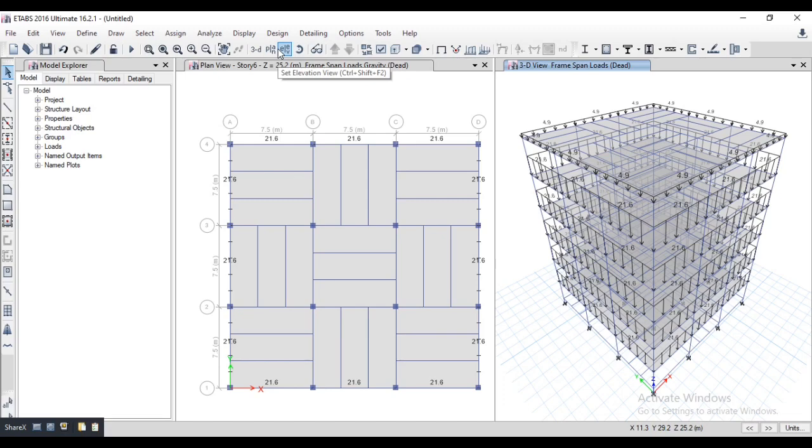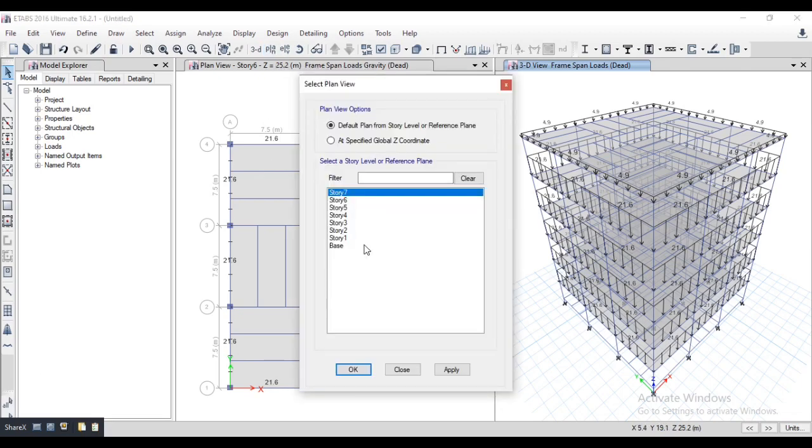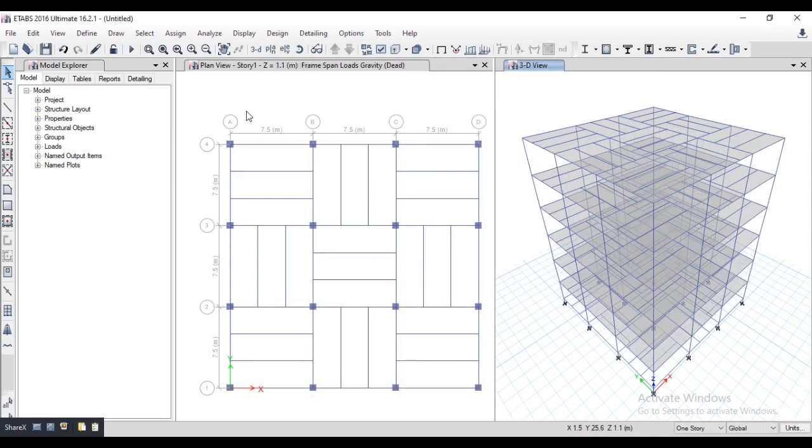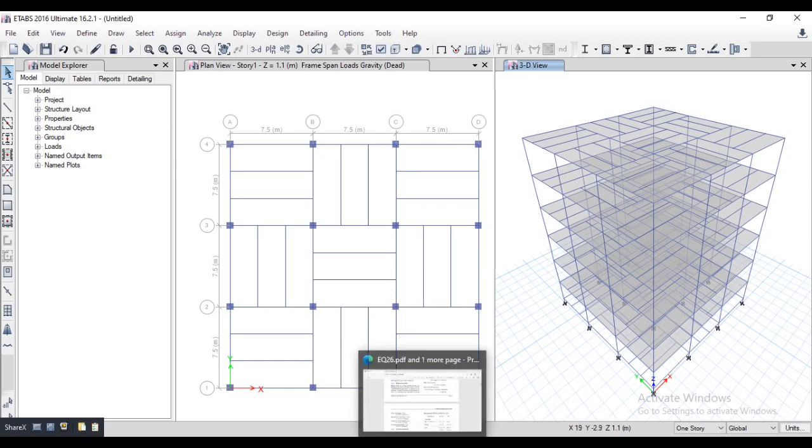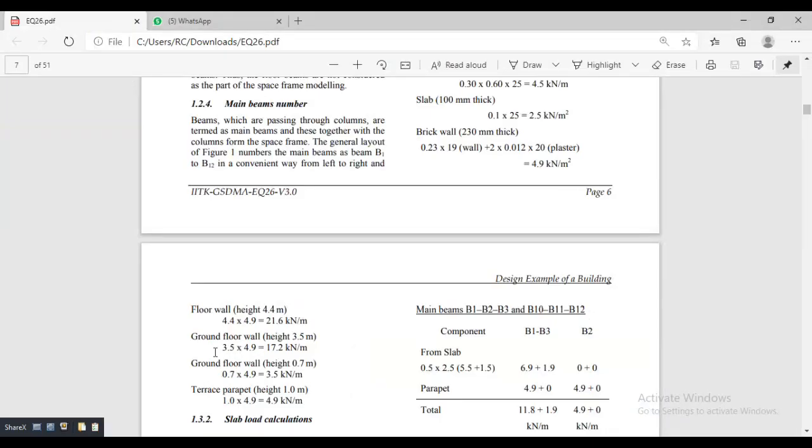After this, we will assign load on plinth level. Select here story 1. This is the plinth level and the height of the wall is 3.5 meter from plinth level to story 2.